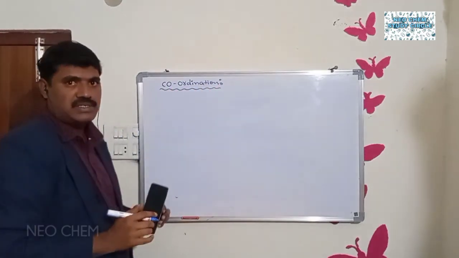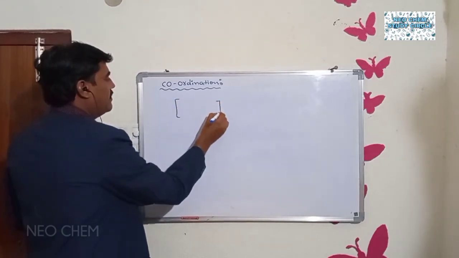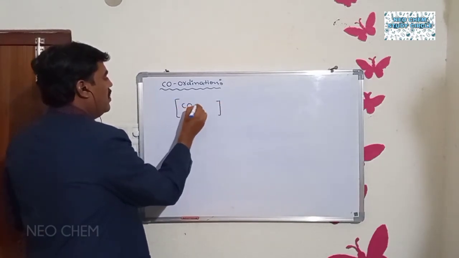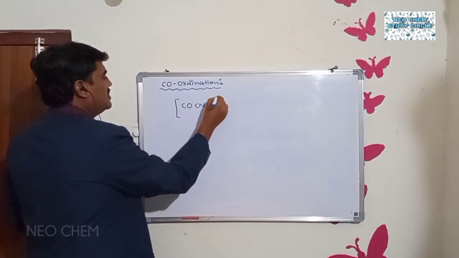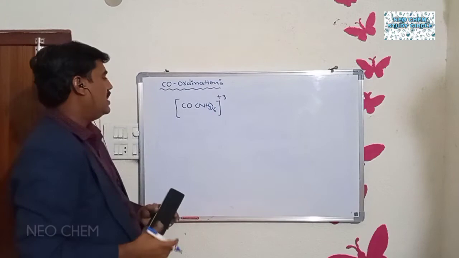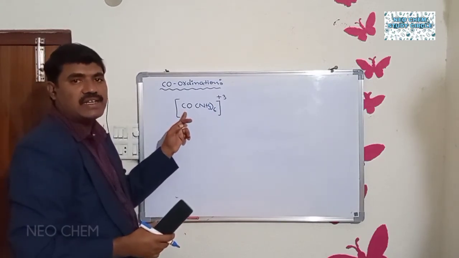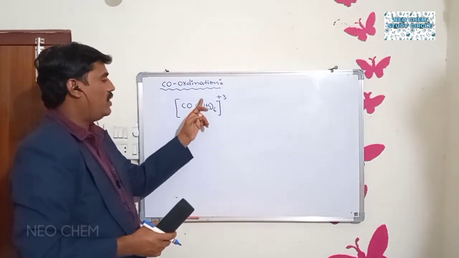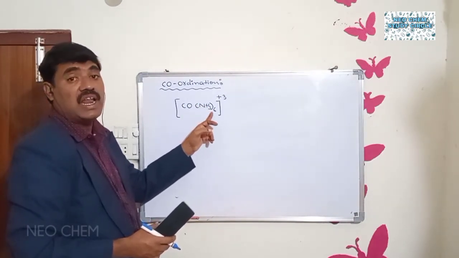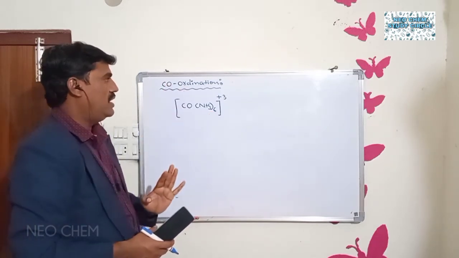First of all, we will take a complex example, [Co(NH3)6]3+. Here Co is cobalt, which is the central metal atom in this complex compound. Next, ammonia molecules are the ligands. Now, coordination number means